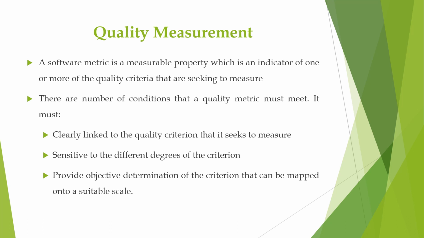The next quality factor is understandability. It is mapped with consistency, structuredness, self-descriptiveness, conciseness, and legibility. And the last quality factor is modifiability. It is mapped with two quality metrics: the first one is structuredness and the next one is augmentability. The quality factors testability, understandability, and modifiability are mapped with maintainability. And the reliability, efficiency, and human engineering quality factors are mapped with as-is utility.